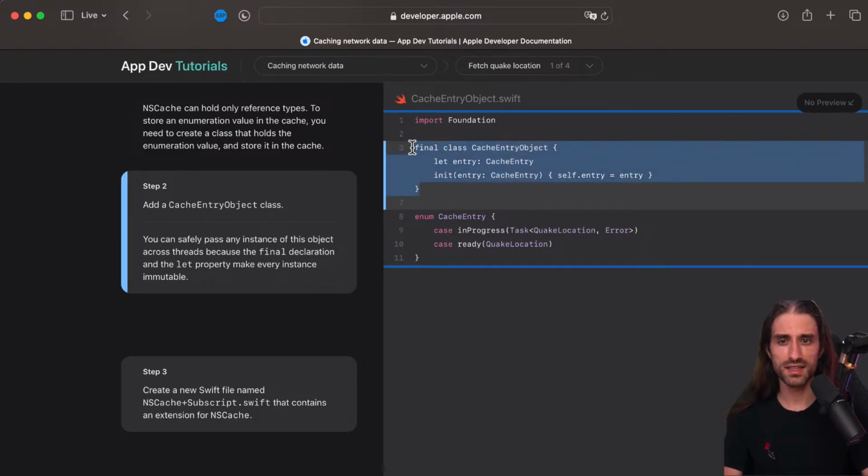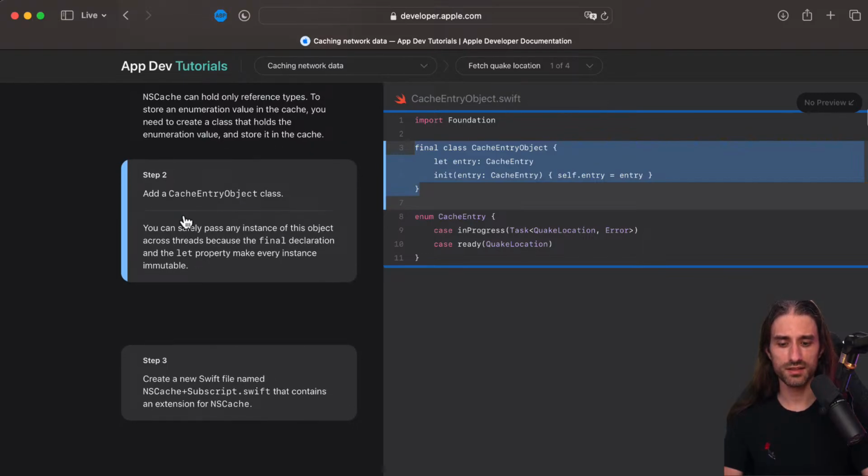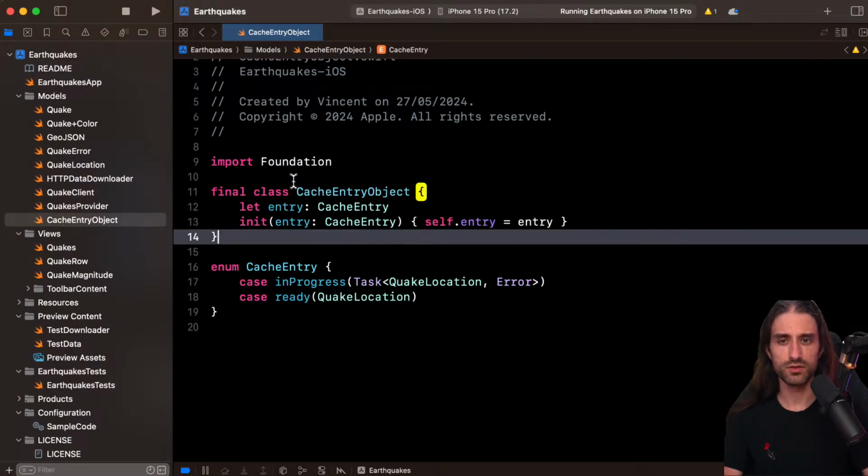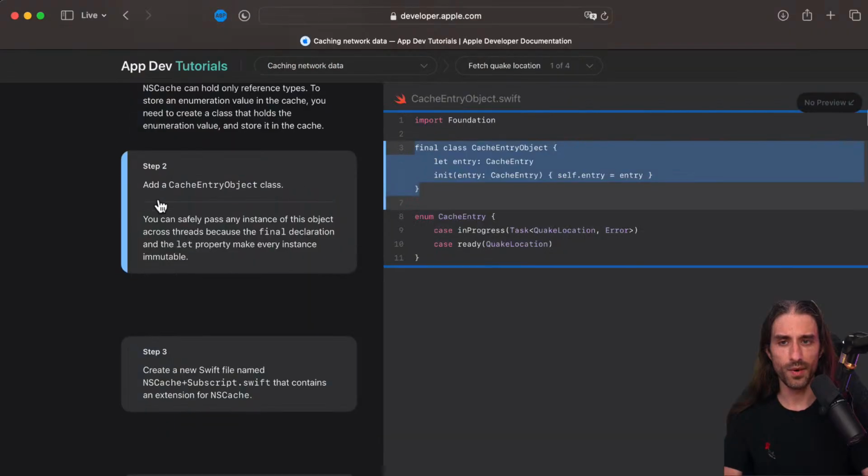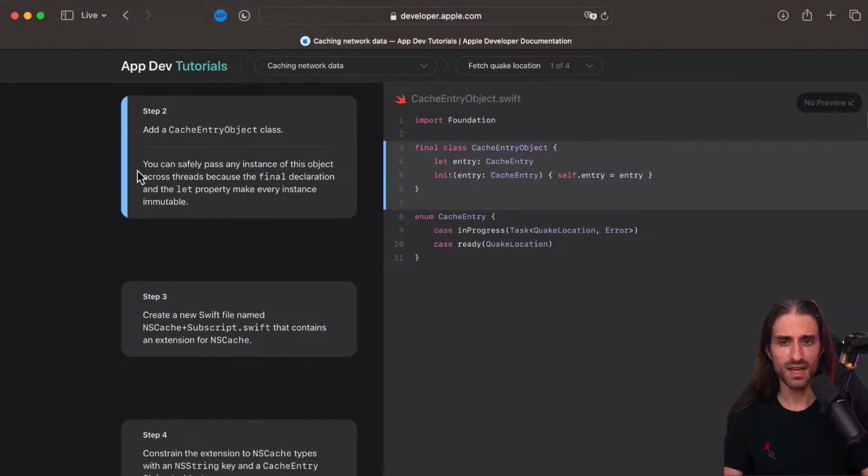So we are creating a new class called CacheEntryObject. Let me first add it into the code, and then we'll see what they have to say about it. They say you can safely pass any instance of this object across threads because the final declaration and the let property make every instance immutable. So basically, it offers the same immutability guarantees as a struct would.